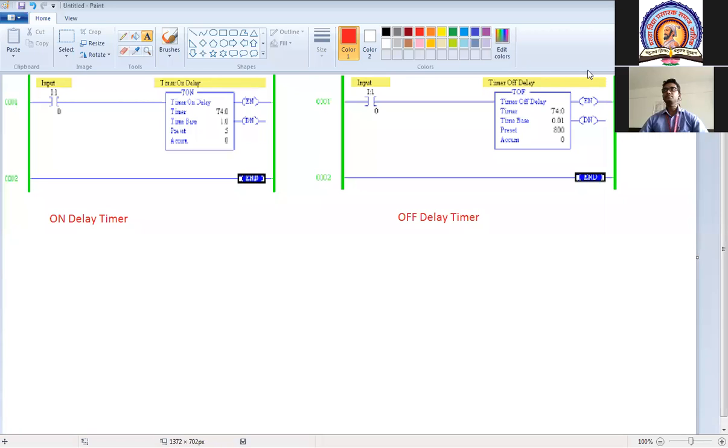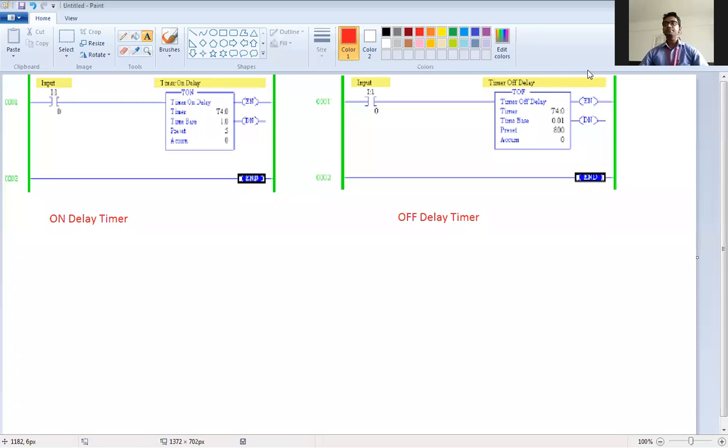What is the timer? A timer is used to produce a delay, a waiting period. There are two types of timer: first is the retentive timer, which restores its value when the power is restored, and a non-retentive timer, whose value is erased and which starts executing from the first incrementing value, that is, from 0. So let me share the screen now. I hope it is visible now.